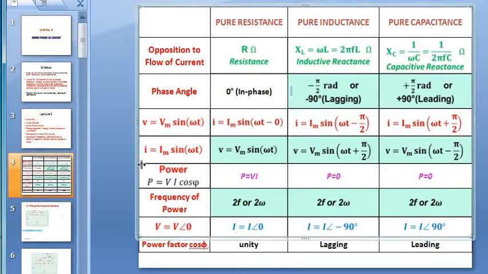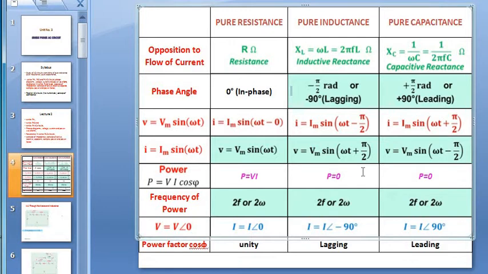Okay. From this equation, we have derived the instantaneous power. From the instantaneous power, we have derived the average power consumed by the different cases: for pure resistance, for pure inductance and for pure capacitance. For pure resistance, we observed that the power absorbed by resistance is equal to what? Voltage into current, where V and I are the RMS value of voltage and RMS value of current.